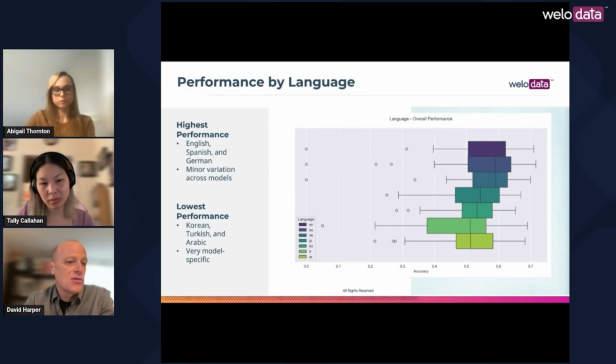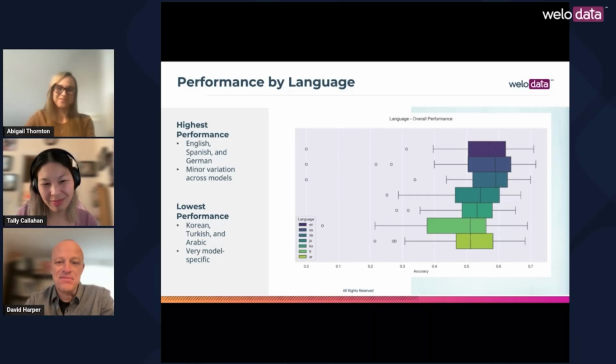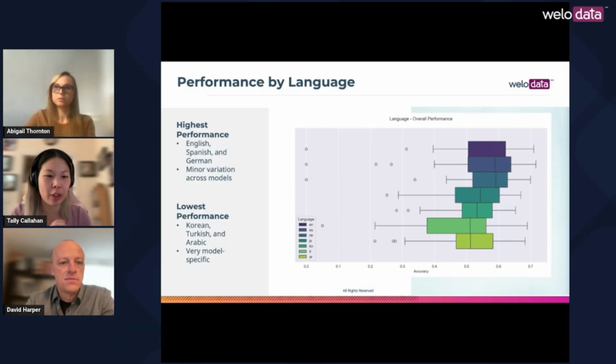For example, orthography, morphology, or some other things that we could be looking at, but we're going to leave those for our next talk. So yeah, David, that totally makes sense. It sounds like it's pretty clear what we're seeing in terms of top performers and bottom performers, when we're ranking their accuracy and the performance.